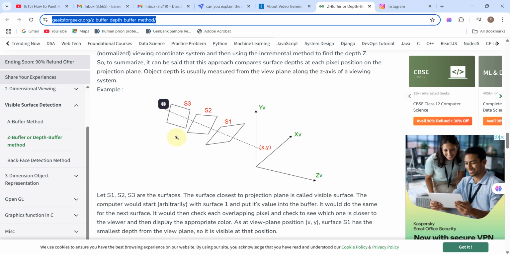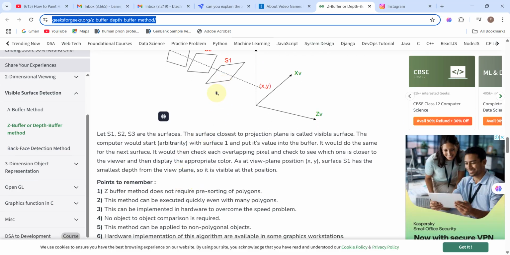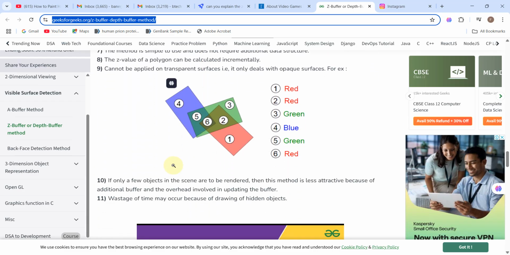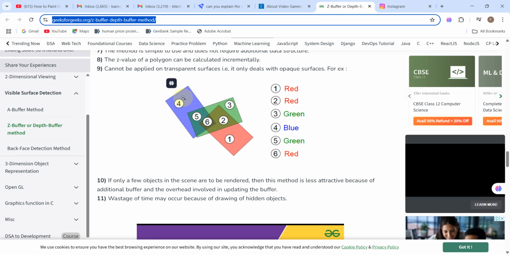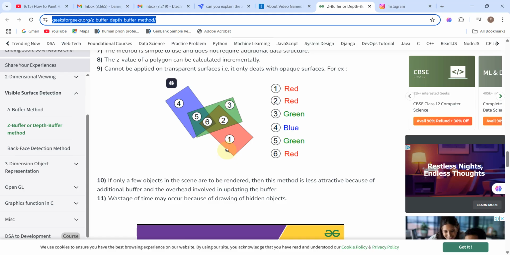So this is the placing of all the surfaces in the world coordinates, and how it will look if I project these three planes onto the projection plane. Then in the 2D projection plane, these surfaces look like this. So you can see that the red plane is partially behind the green plane and the blue plane, and the green plane is not covering these two, the blue plane and the red plane, wholly. It's covering some part of them. So this was the problem we are addressing.